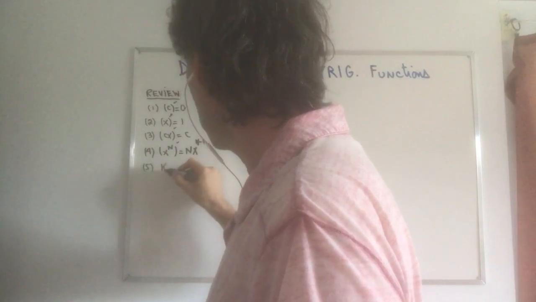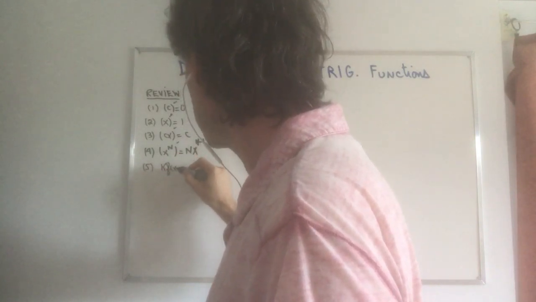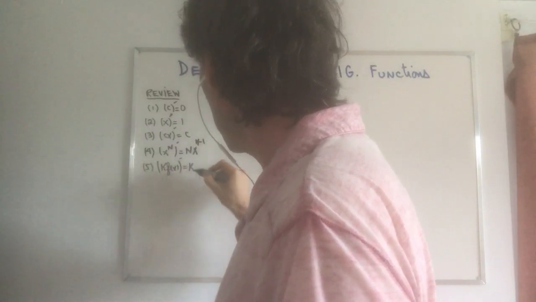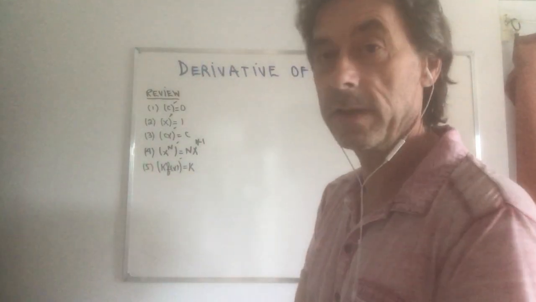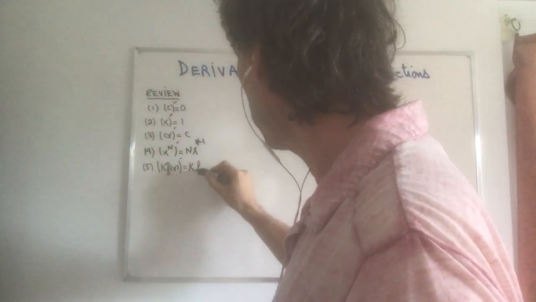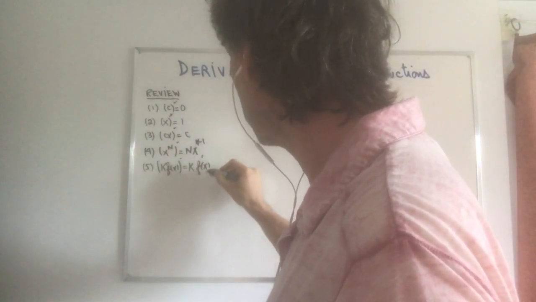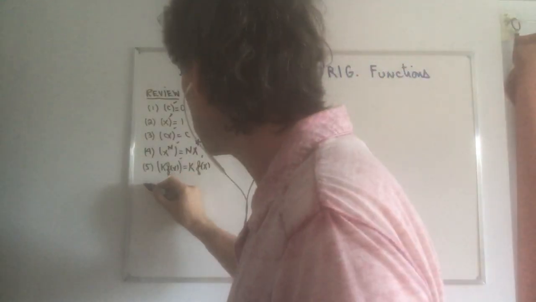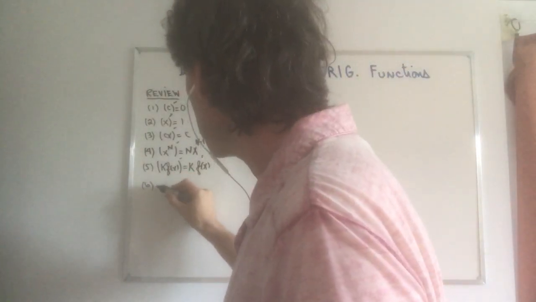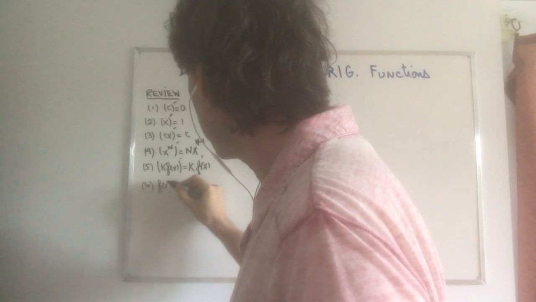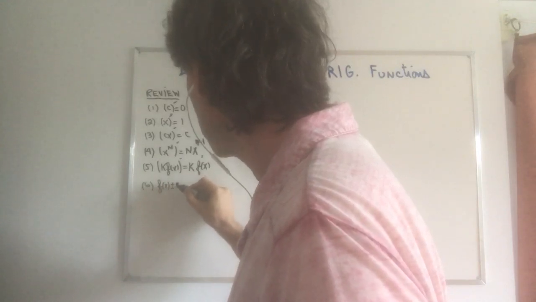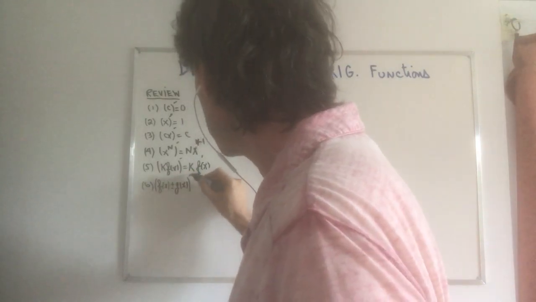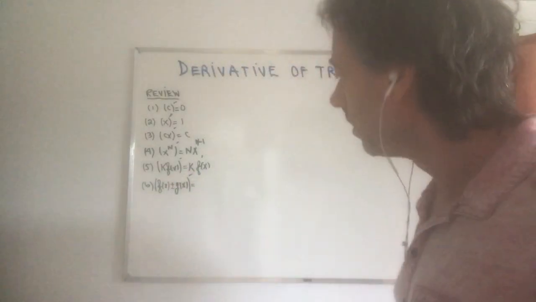Number 5, if you have a constant that multiplies a function and you want the derivative of that, you can take out the constant and focus your attention on the derivative of f alone. The constant goes out. Number 6, if you add or subtract two functions and you want to prime this,